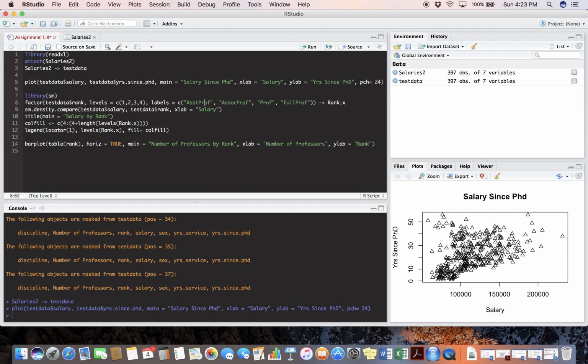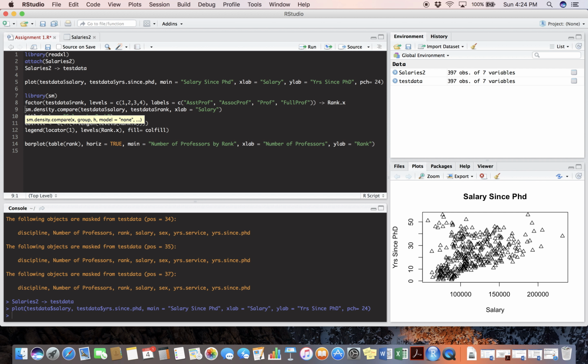And what we've done is that we've told R that we want these parameters to be represented by the variable rank.x. And we see that we have an assignment command that tells R that we want all this information in line 8 to be represented by the variable rank.x, so that we don't have to keep referring to it and retyping it over and over. We can just simply input rank.x as the variable. Okay,